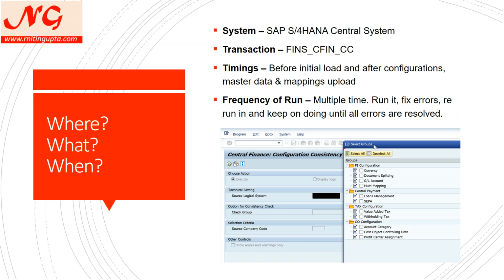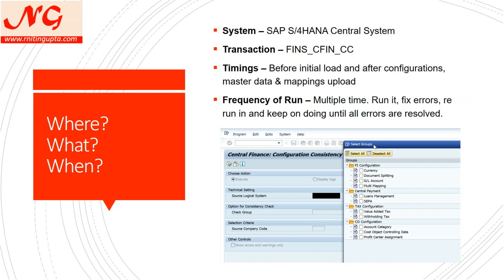Multi-mapping. This is a very unique scenario which standard SAP does not support, till date, where multiple company codes of the source system are mapped to one company code in the CFIN system. For example, 1000 company code and 2000 company code of ECC mapped to 5000 company code of Central Finance. Then it gives an error, because N to 1 mapping of company code is not fully supported at this point, and it verifies that you are not making that mistake.